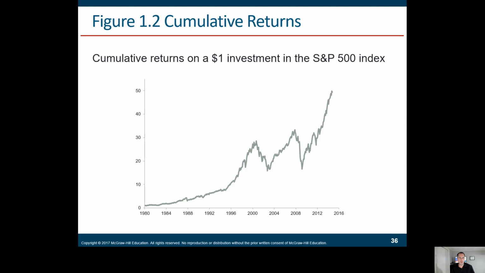And this is the return of the S&P 500 over time. So if you had $1 invested in 1980, you've made more than $50 on that $1. So if you can ignore those massive ups and downs, you can certainly do pretty well in the market. One of the issues, though, as we see here, is that sometimes those downdrafts are multi-year events, and the market can go down 50%. So don't be surprised when it happens. You just have to be able to stomach it for the most part and ignore it. And that's sometimes the most challenging thing in investing, is to do nothing.